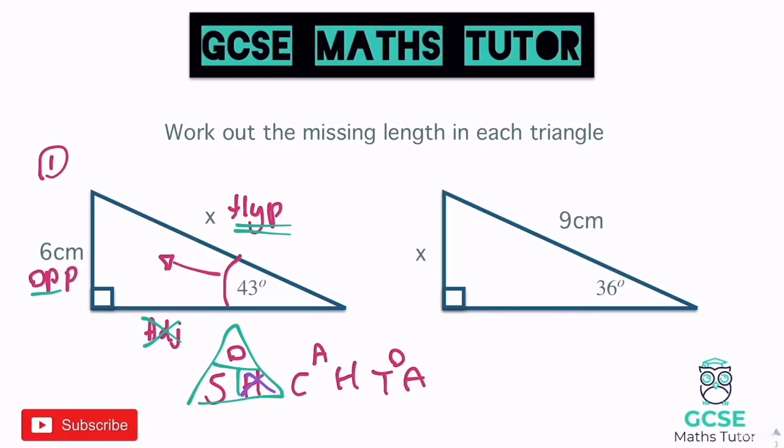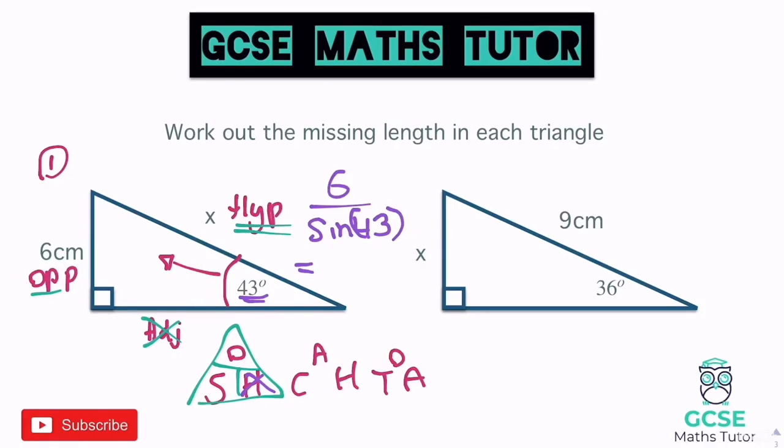So to find the hypotenuse, I'm going to do the opposite, which is 6, and divide it by sine. All I need to remember is to put the angle here, 43, with sine. So sine 43 tells me the relationship between the opposite and hypotenuse, and in this case we're going to do a divide: O on the top, S on the bottom. Don't forget to put 43 in the bracket there for some of your calculators. So 6 divided by sine 43 on the calculator,